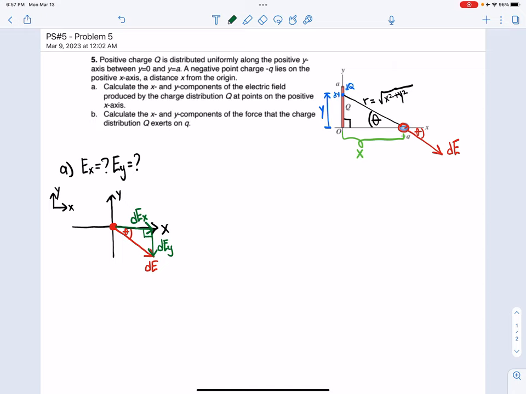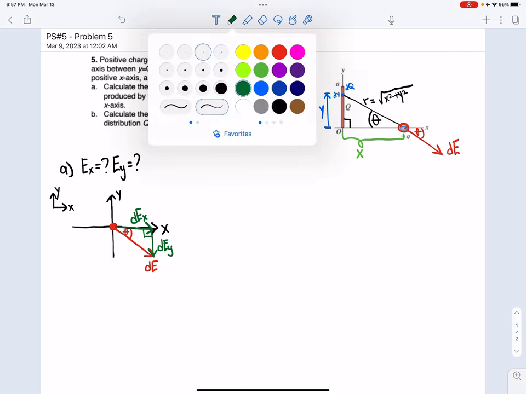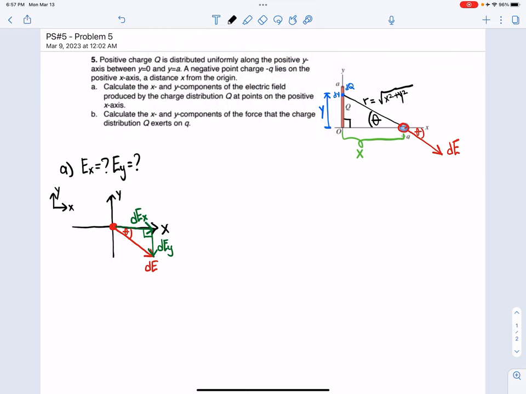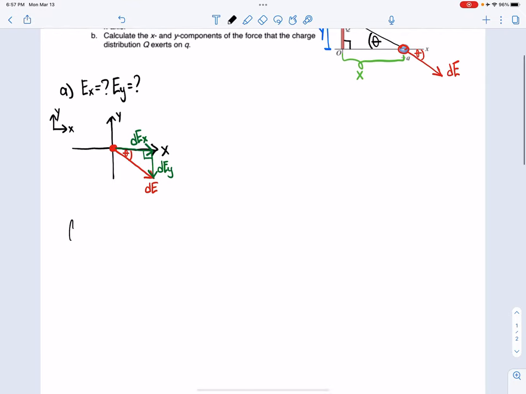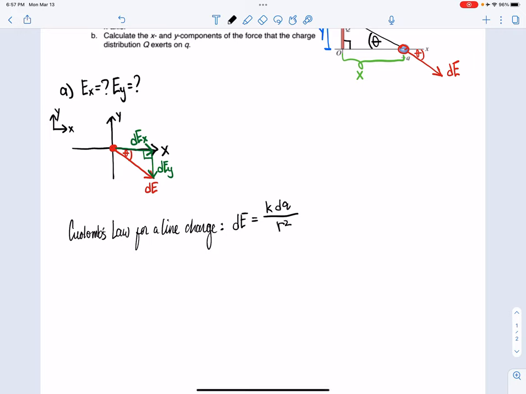Okay, so now I'm going to use Coulomb's law for a line charge, that formula, to find my dE. Coulomb's law for a line charge is dE equals k dq over r squared. And I just want to clarify that